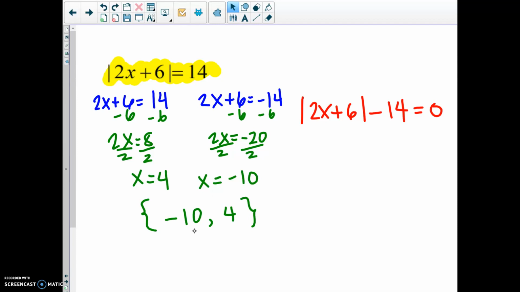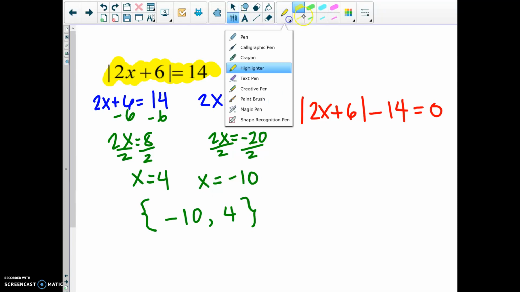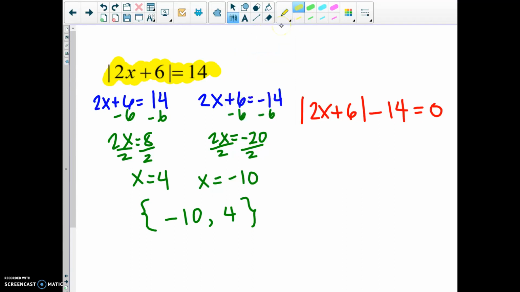graphing calculator. Now, in order to use a graphing calculator, your equation must be set equal to 0, meaning all the different parts of the equation need to be on one side. The reason for that is because when we're graphing on an XY axis, we need to make sure that we're accounting for the X's and the Y. Setting this equal to 0 is the same thing as setting it equal to Y. So the equation that I am going to type into my calculator is the absolute value of 2x plus 6